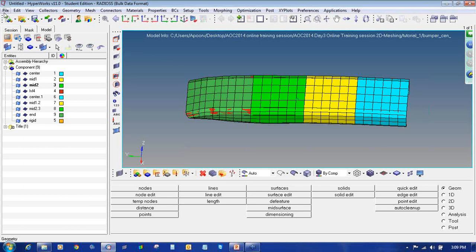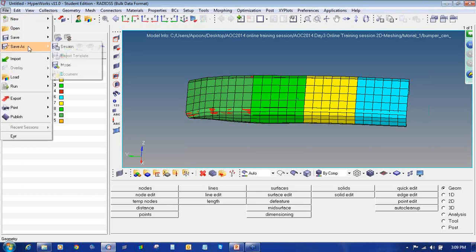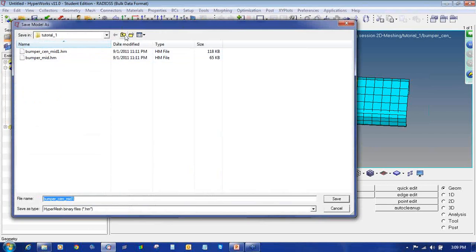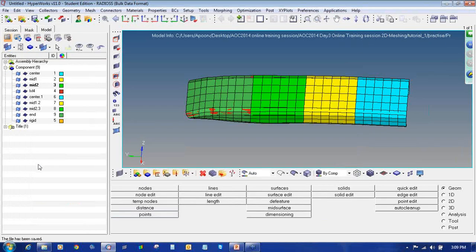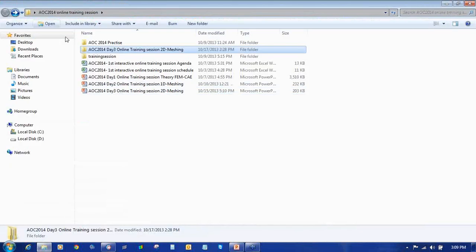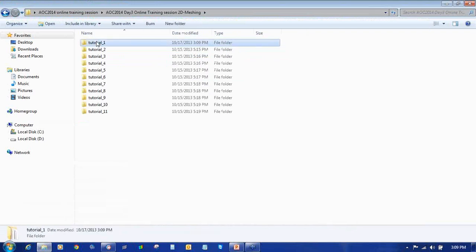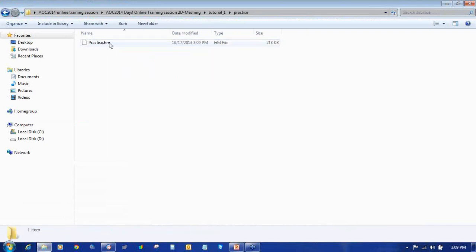So we'll go to File, Save As, Model. I will create a new folder here as Practice, and I'll name it as Practice. So in this way you can see my tutorial 1, my practice.hm file has been saved.